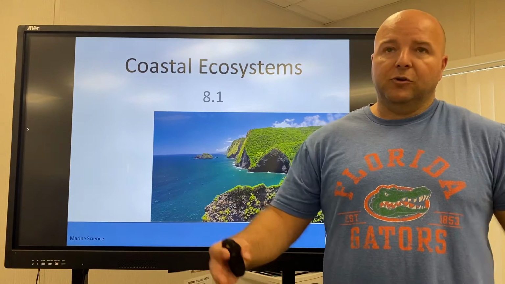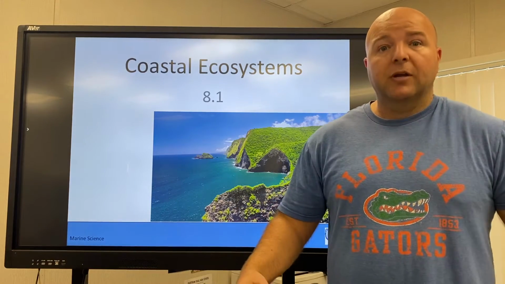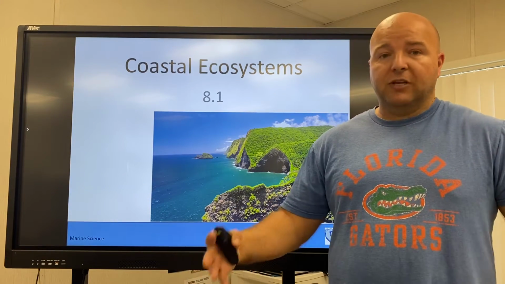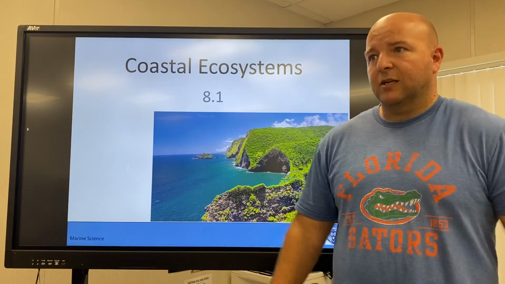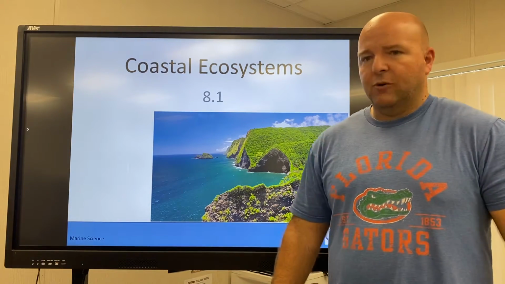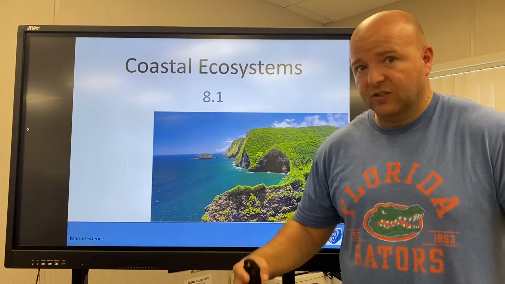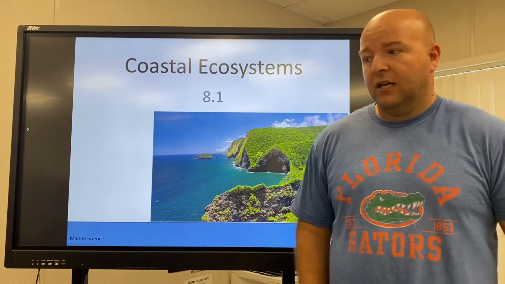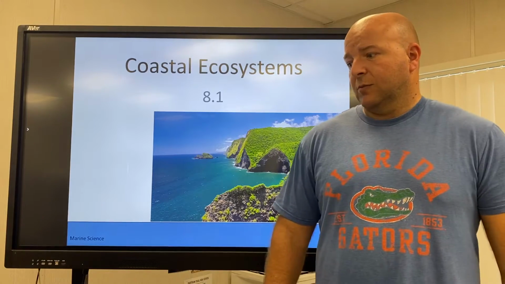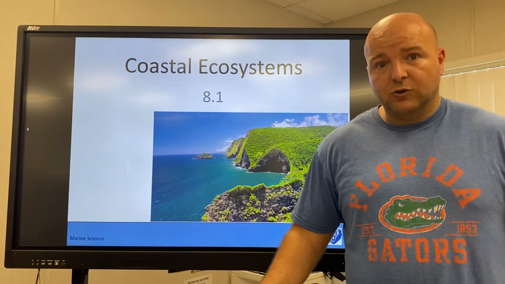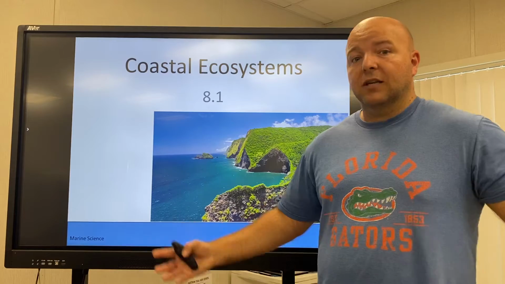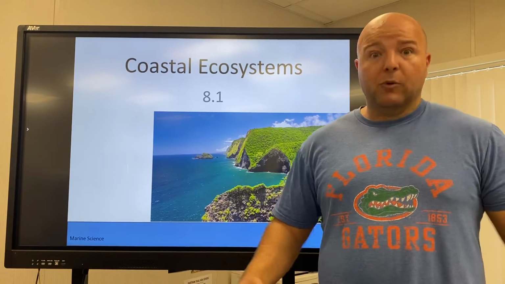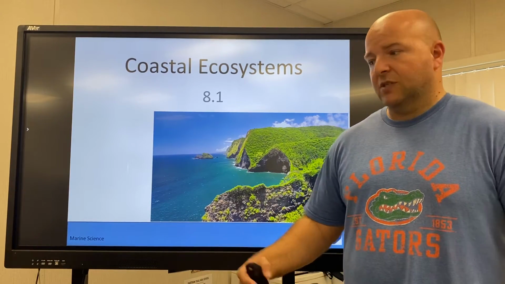And depending on who you talk to and how they want to break up those different regions and different ecosystems, there are some different ways that it can be configured. So there's no great way to say, like, here's how many ecosystems there are in the ocean. Lots of different ones. In fact, we'll see that today with coastal ecosystems. There's not just one coastal ecosystem. We're doing one lesson today, but we're going to be covering a number of different coastal ecosystems that show up